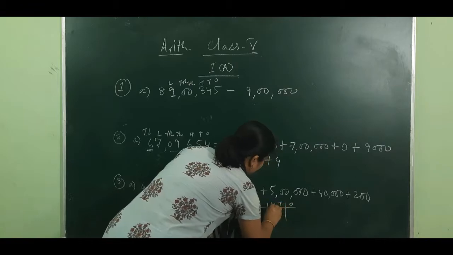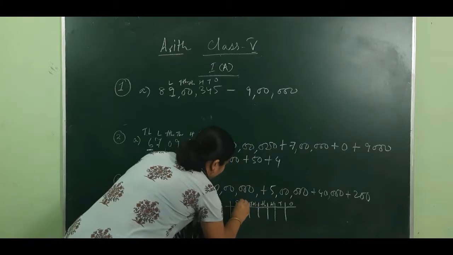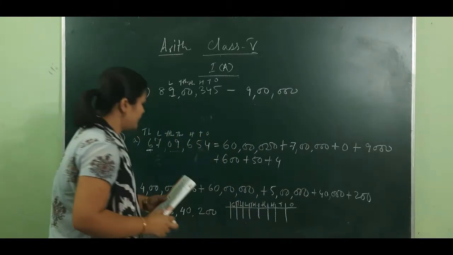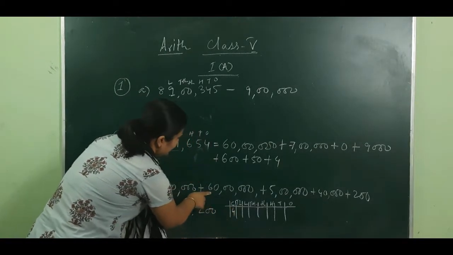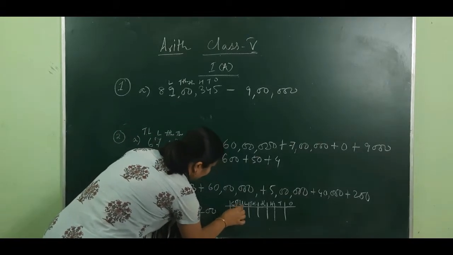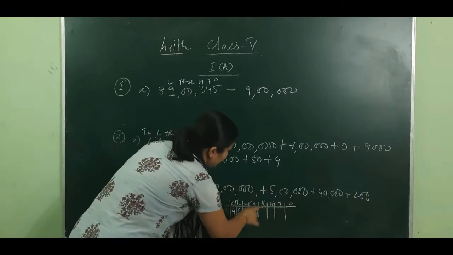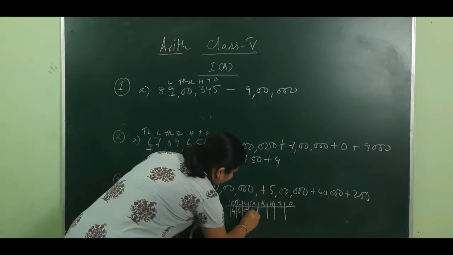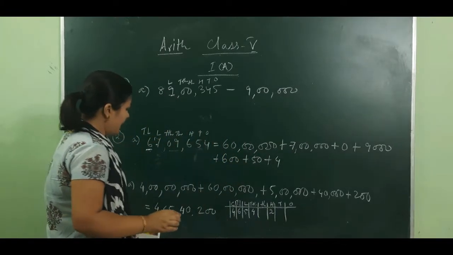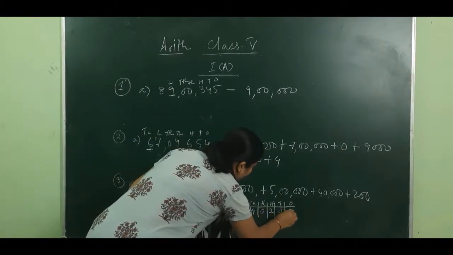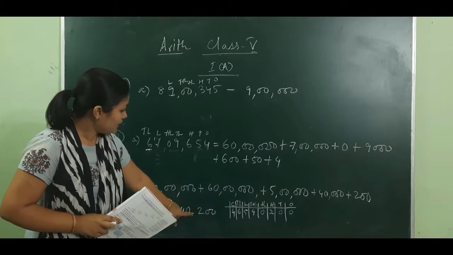Like ones, tens, 100, 1000, 10,000, lakh, 10 lakh and crore. So the first one is 4 crore, so you can place the 4 here. Then this is 60 lakhs, so you put 6 in the 10 lakhs place, and 5 lakh in the lakhs line, 5. Then we have 40,000, which means 4 in the 10,000s place, so here we will write it. Then we have 100 200, so here we will write. Okay, and in the remaining places we will put 0. So you can see 4 crore, 65 lakhs, 40,000, 200.